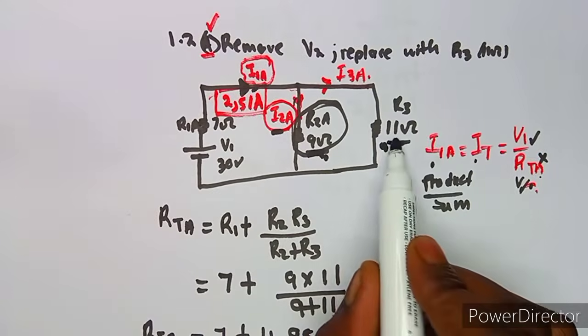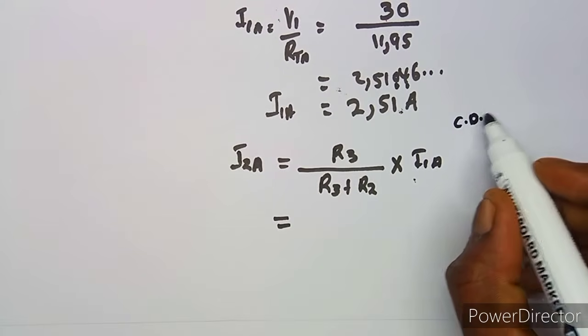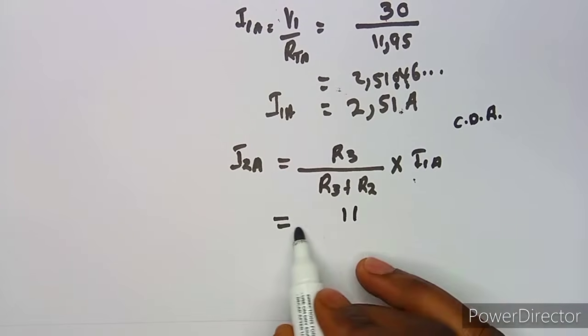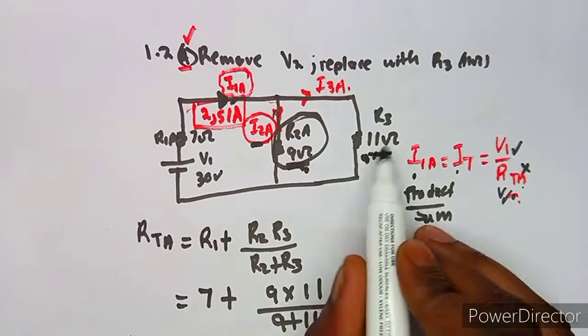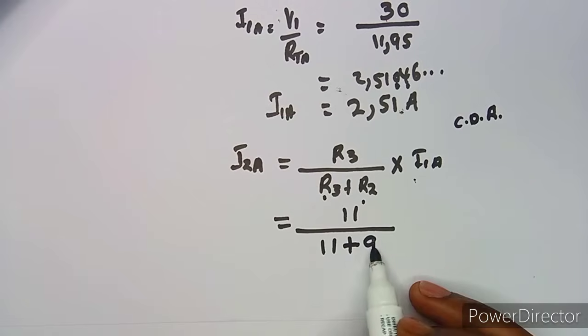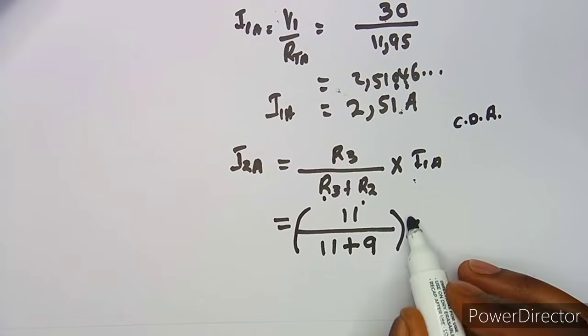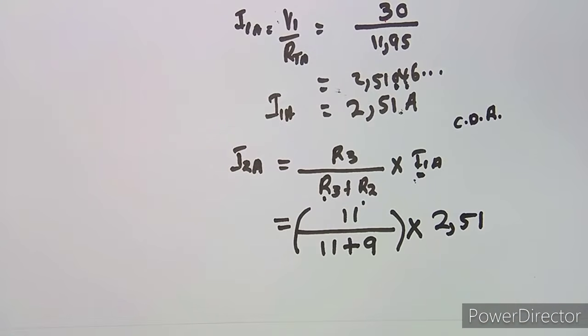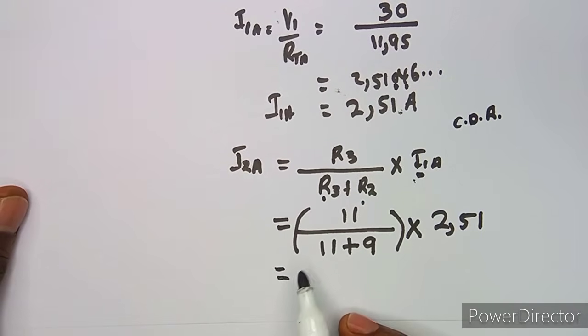So that's this resistor R3. So this is the current divider rule. All right, so R3, which is 11, over R3 plus R2, which is 11 plus 9, you add these two. So you can just put this in a bracket, then you multiply by I1, which is this one that you just determined now. So those were actually the stages, guys, that you were supposed to work on. So you're going to obtain from our current divider rule something like